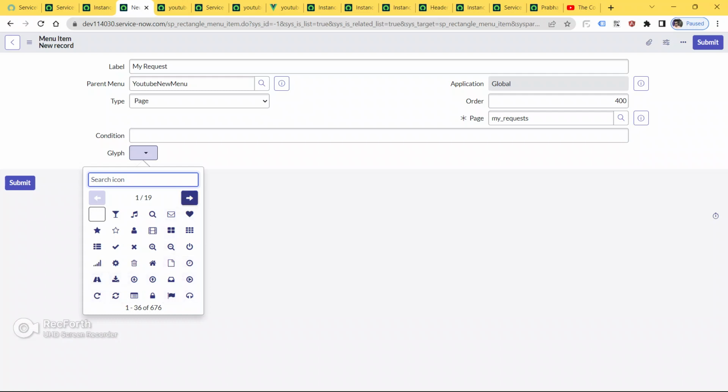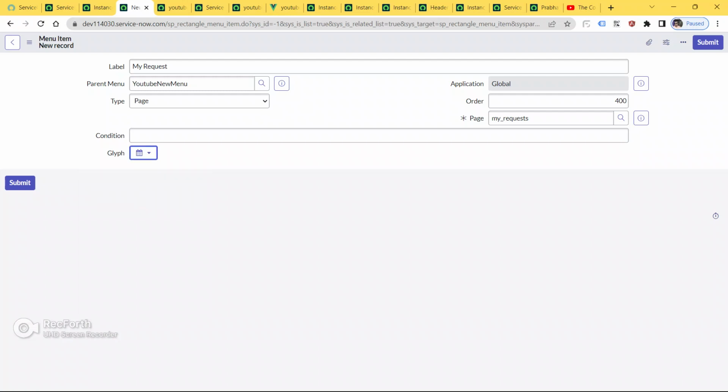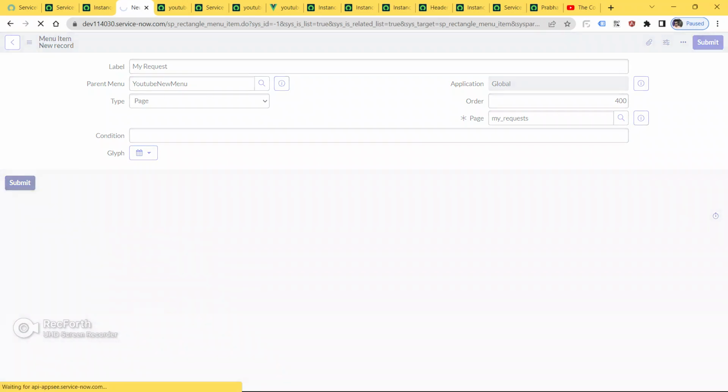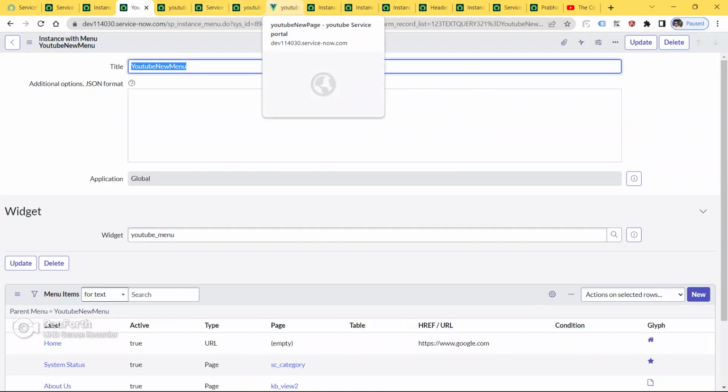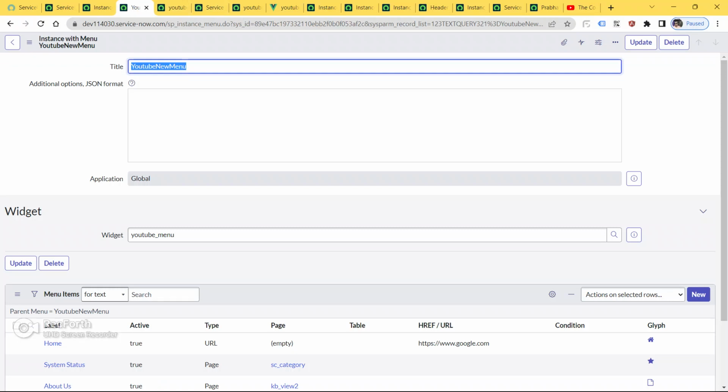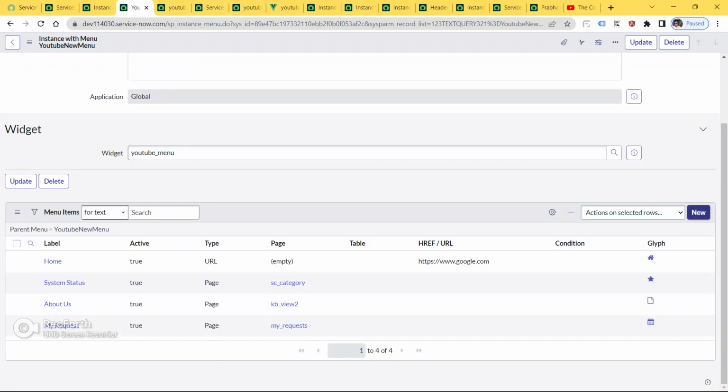So now I'm gonna choose icon. I'm gonna choose this icon, as a calendar. So now submit it. Go to the service portal page and refresh the page now. See, as you can see, our home, system status, about us and my request.